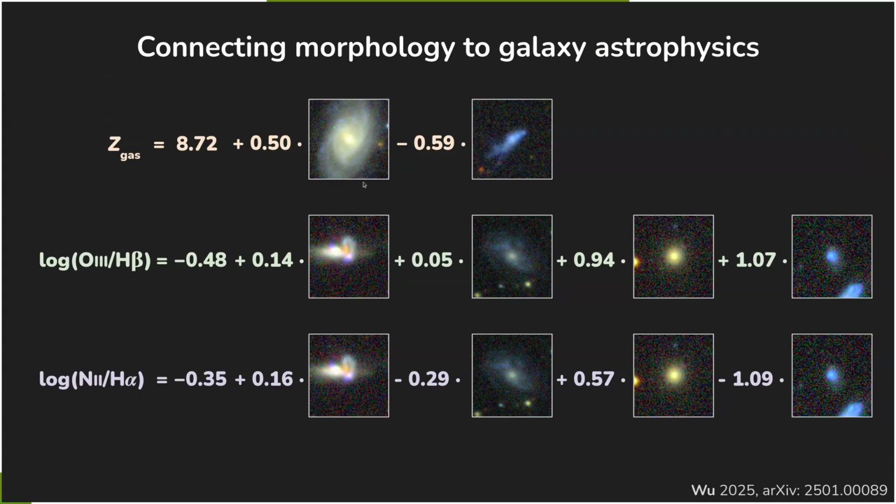These features, this is actually a separately trained CNN, which is why I'm showing a different example of this. But this image cutout in this case represents the activation strength of that particular feature. And it's just a linear combination of these two things. And you can read from the coefficients and look at what those features actually entail as a way to interpret the physics of what exactly is going on. Like what is it that low metallicity or low N2 over H alpha seems to give you in terms of this kind of